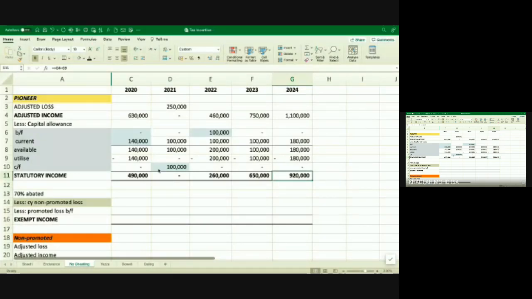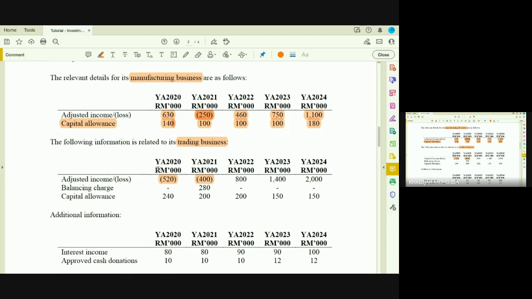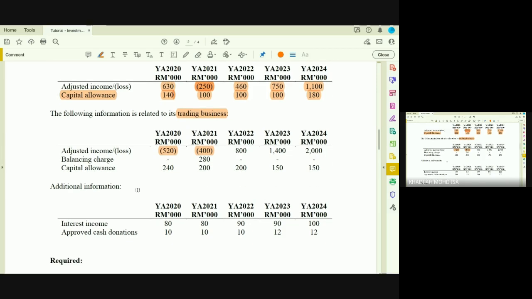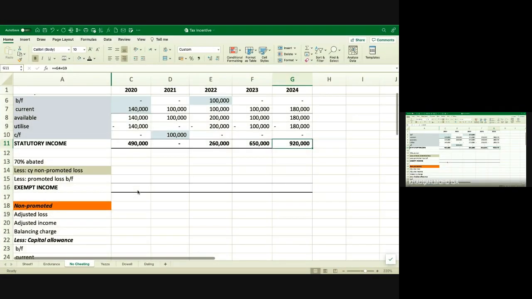So that's why before a company goes for any pioneer status or any other incentive, they will do a projection first and see whether the incentive that they are going to apply will benefit the company the most, right? So here I'm not sure, we only have 1 year having a loss, for example, but you see the computation later. Even though there are only 2 lines provided for each business, income and capital allowance, and then you also have interest income and donation, you see that the computation is interesting. Okay. Can we continue from here?